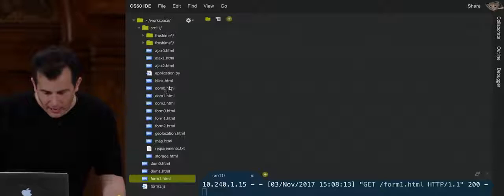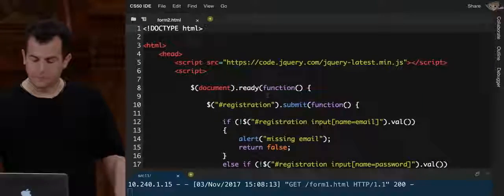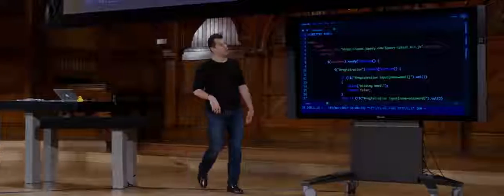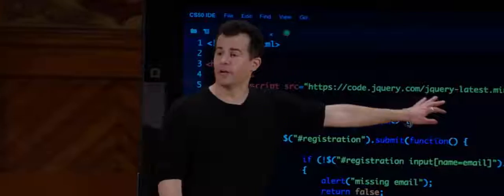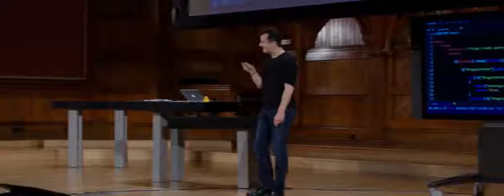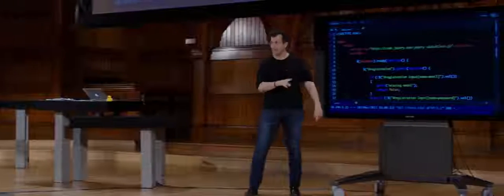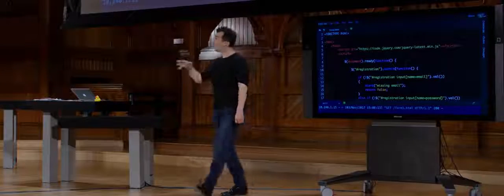And here we have an example called form2.html that actually uses a library that for some time was one of the largest and most popular, called jQuery. And jQuery is not a language unto itself. It's literally just code that a bunch of nice people wrote to make it easier to use JavaScript for certain things. The price we pay for that ease of use is that some things are actually a little more syntactically weird looking. And so we won't dwell too much on the syntax of jQuery, but